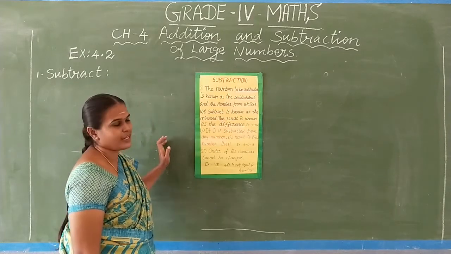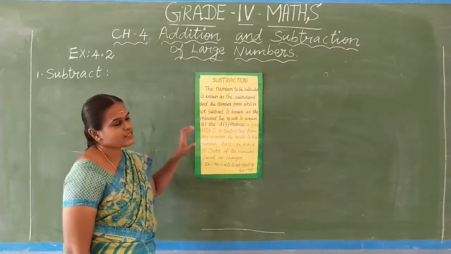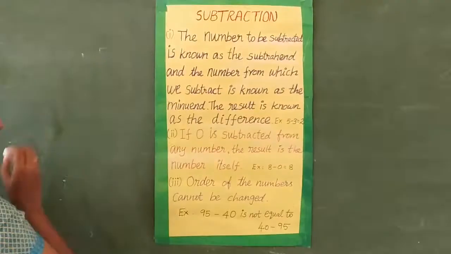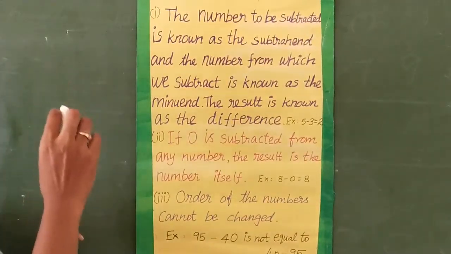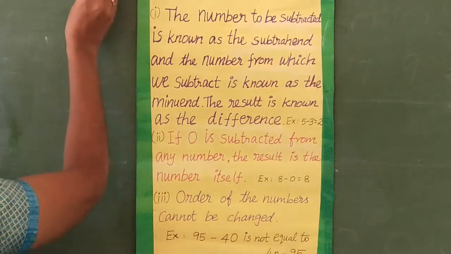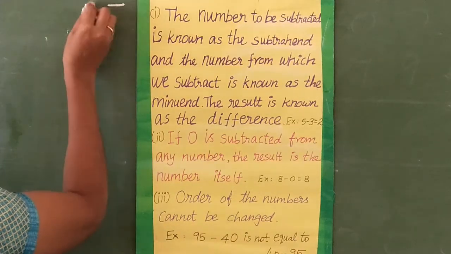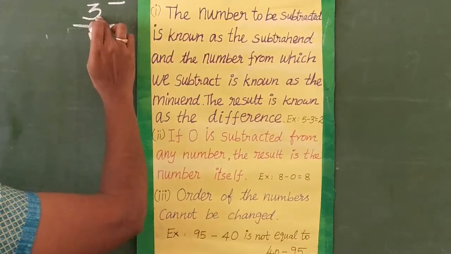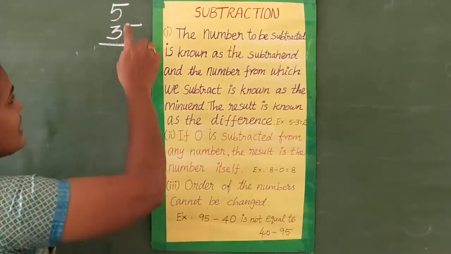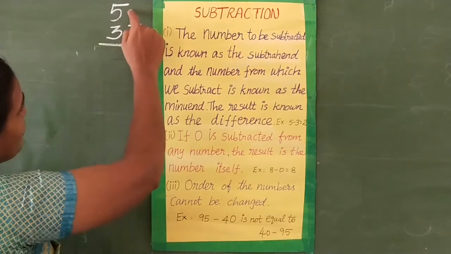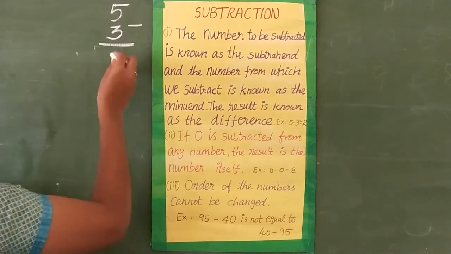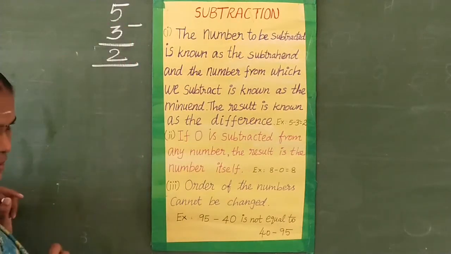Addition topic. Okay, now subtraction topic. Subtraction we have 3 rules. So first, subtraction means big number minus small number. That means 5 minus 3. So 5 minus 3 means 3 in the mind, 3 after, still you count 5. 3 after 4, 5. So your answer is 2. So this one is subtraction.